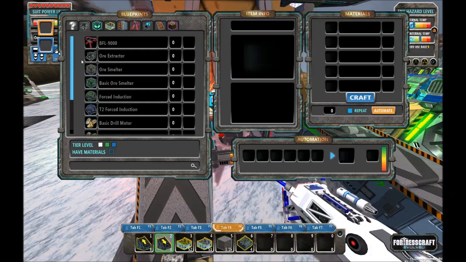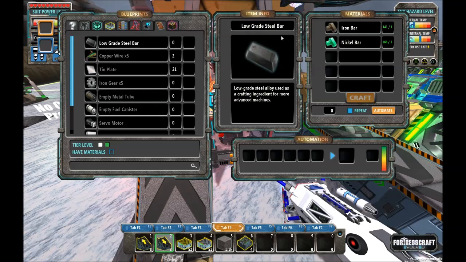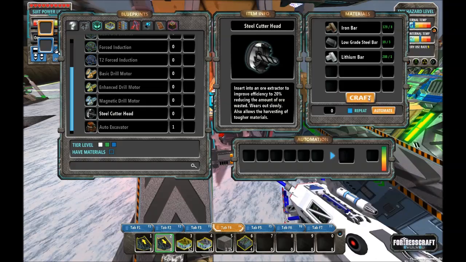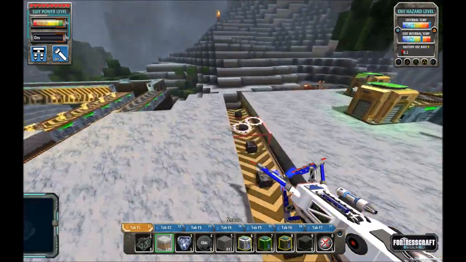So steel's pretty easy to make, as I recall. So the steel cutter head just requires 3 low-grade steel bars and a little bit of iron and lithium, and low-grade steel bars is just iron and nickel combined. Let's make a handful of these, right? So if we wanted to make, for example, 6 steel cutter heads, that ain't terribly hard to make. I would like to put these...